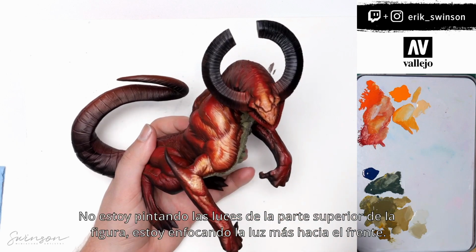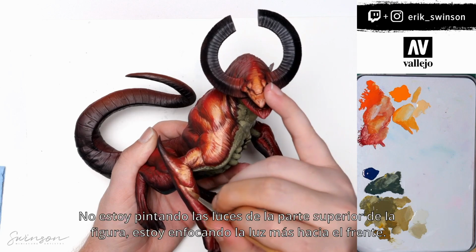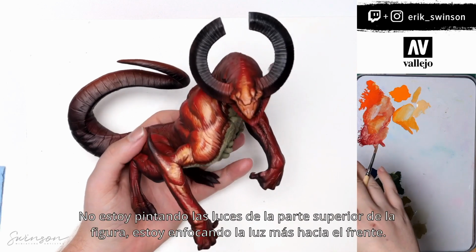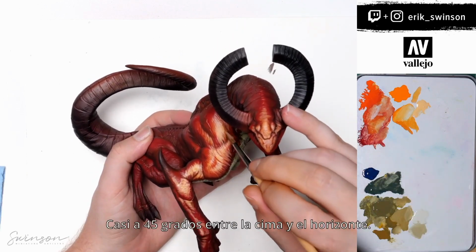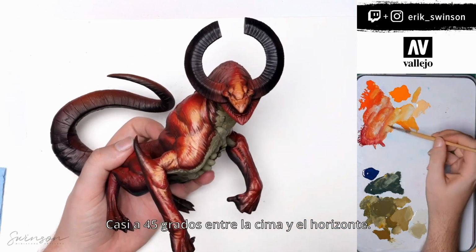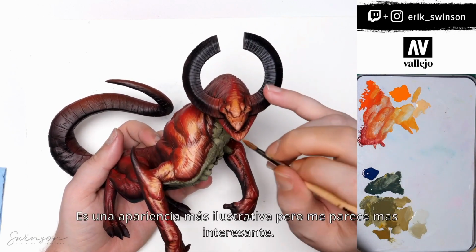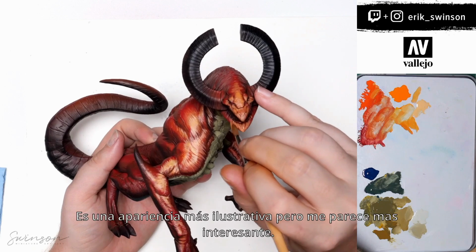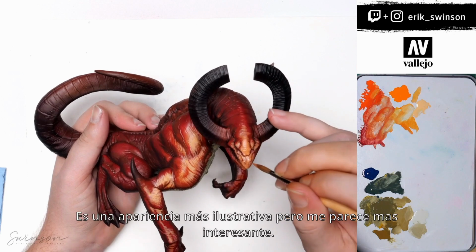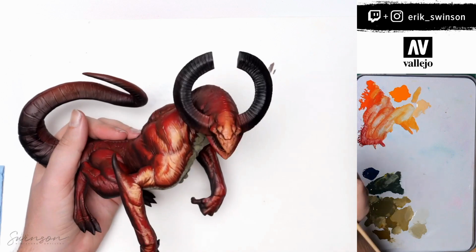So as you can see, I'm not highlighting from above the model, right? I'm not highlighting the tops of the muscles, or the tops of the volumes. I'm highlighting more towards the front. A lot of times I would say at a 45-degree angle to the volume, right? So if you imagine a sphere, we wouldn't highlight the very top of it or the very front of it. We'd highlight more just above the horizon line. It's a more illustrative look to it, but it gives, I think, the model more visual